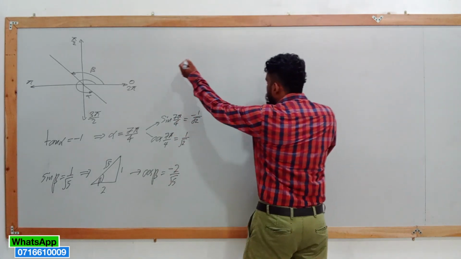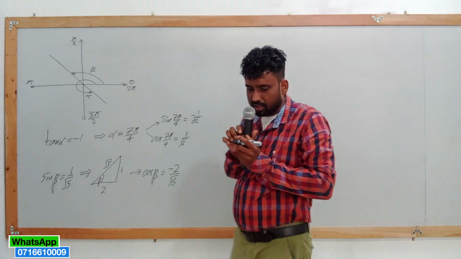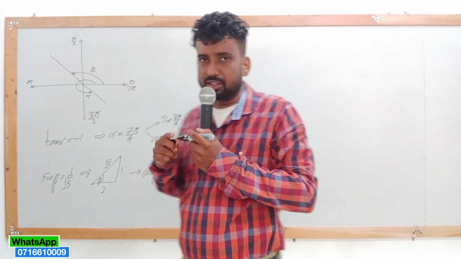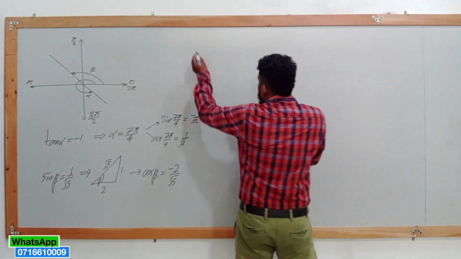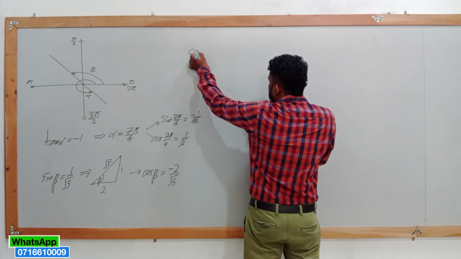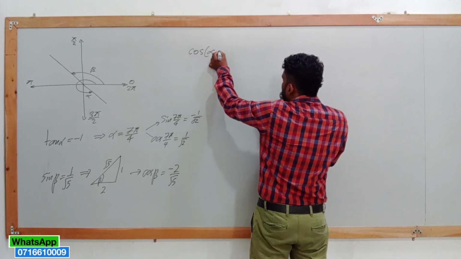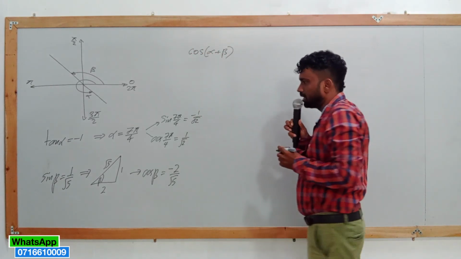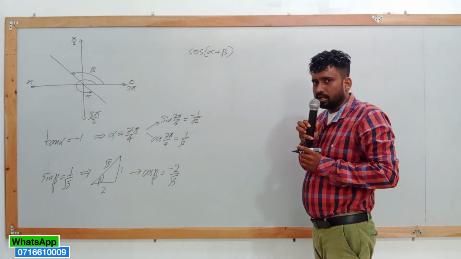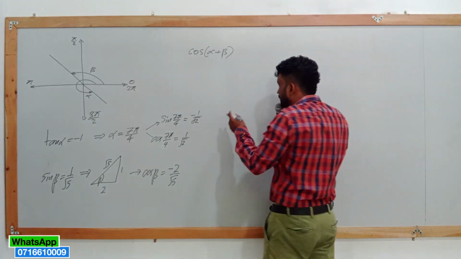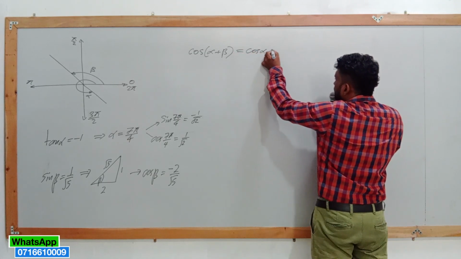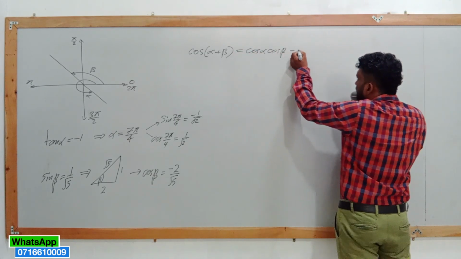They are asking cos of alpha plus beta. They are asking to find the value of cos of alpha plus beta, right? Normal students start here and use all the plus values, then they can't get the real answer, right? Here cos alpha cos beta minus